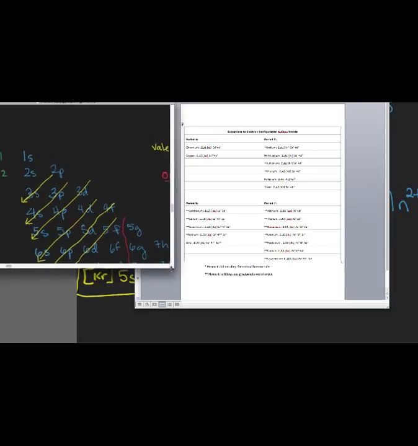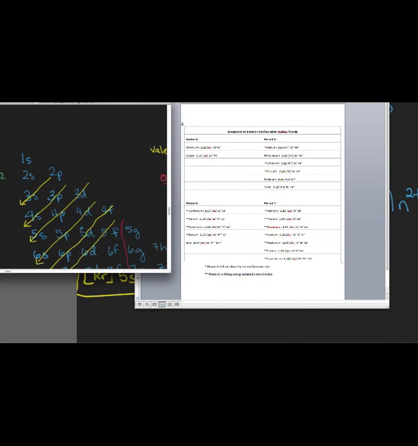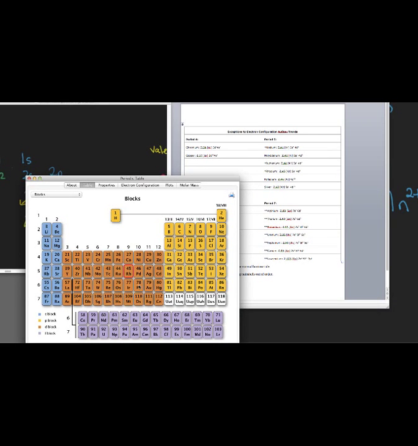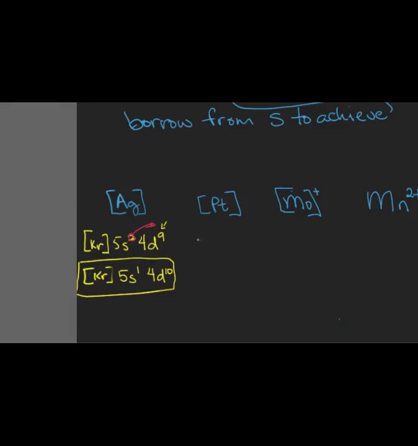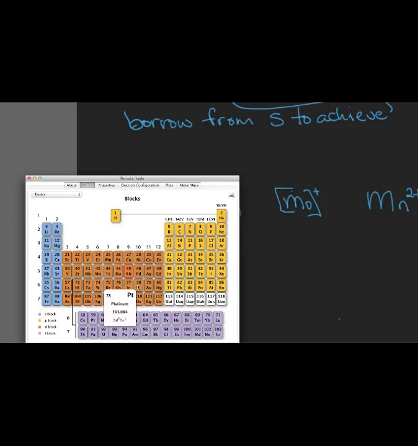Platinum says that if we're looking at the periodic table, here we're 2 away from being full, right? So you would expect it to be, if we're following the rules, sorry, wrong one. It should be just like this one. Let's do a different color. Let's do the yellow we were using. So it's on the 6th row, is it? Yes. So on the 6th row, we're going to have the 6s2. Then we should have